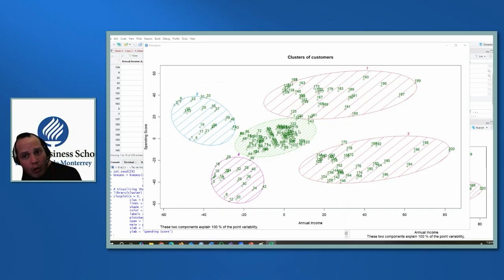This one is quite loyal, because you are betting on volume, which means that despite not spending that much annually, they are coming to the store over and over again and at least buying maybe a popsicle, to give an example. That is an interesting market to keep. Why? Because if you keep this market, what if they increase their income? If there's a possibility that they may increase their income, perhaps their return as part of this group